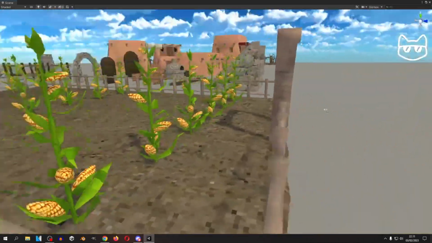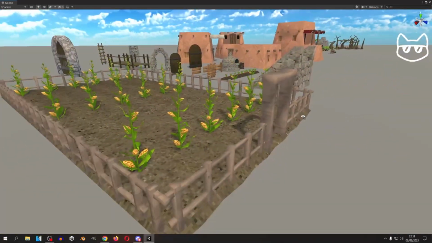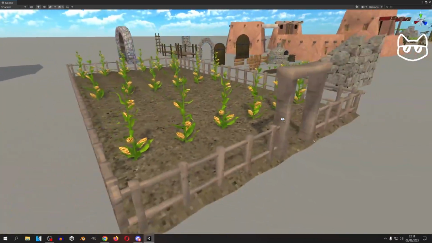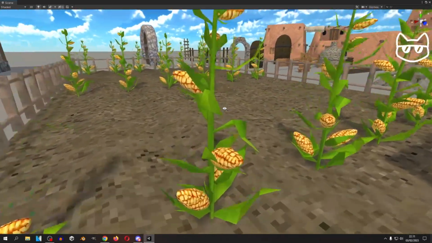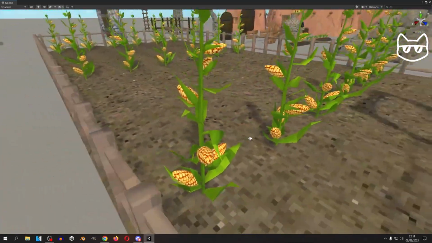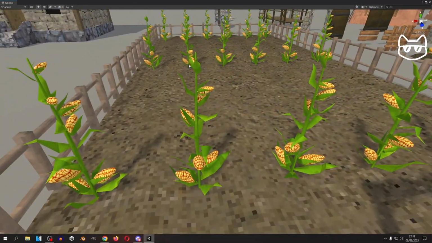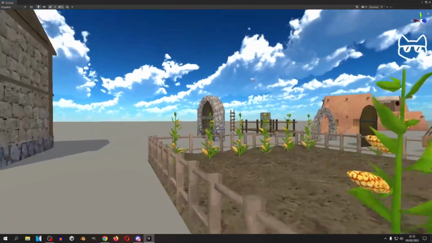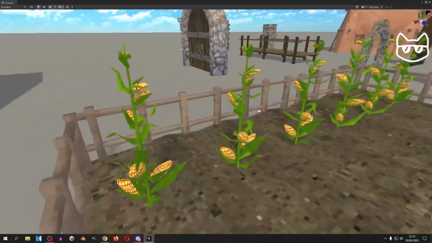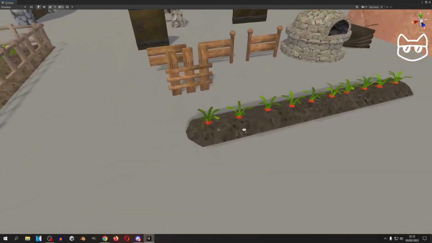This was very interesting to make, or modify, because all of the assets that I downloaded were labeled as low poly, but these were not very low poly because they were very detailed. All of the leaves had geometry to them. They still have some detail, but now they're only planes, and all of these have been made more low poly and more performant for the game. There's some stairs, there's carrots,